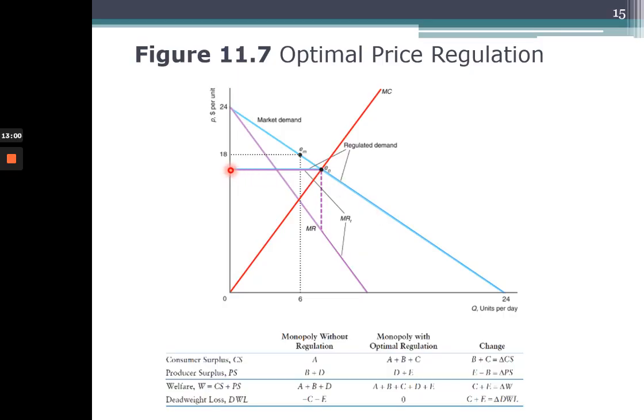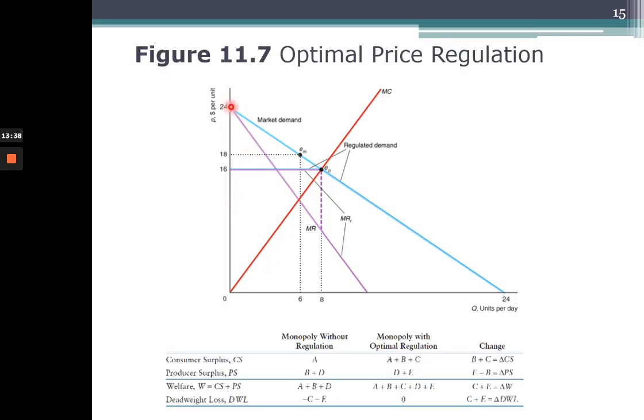And your marginal revenue curve therefore becomes the same. It follows your demand curve up until this point. We then get a section that's discontinuous here, and then the slope of your MR curve now follows the demand curve, but remember it's got twice the slope. So your MR curve does this flat over the section, this little section here where it's discontinuous, and then it follows the demand curve with twice the slope. So this is what happens when you regulate